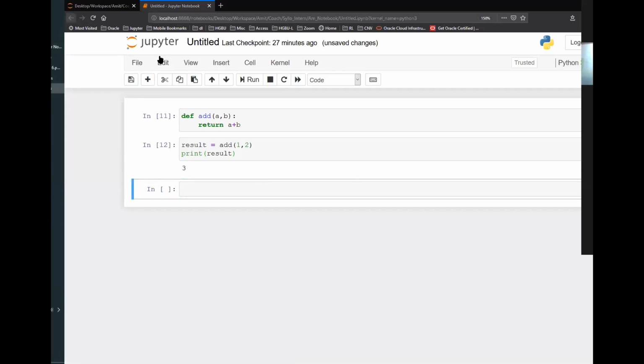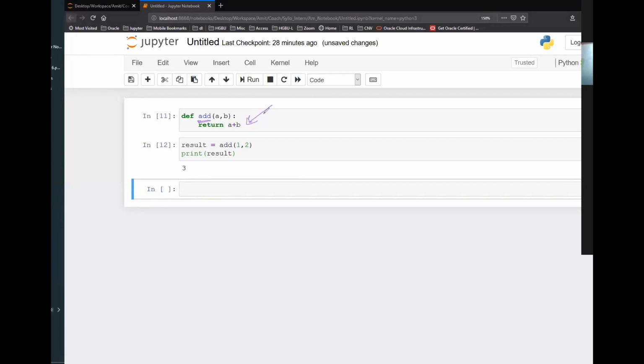So what is happening? I wrote this code and ran this cell, but the code was not executed. You are just letting your computer know that there is a function with the name add which exists.